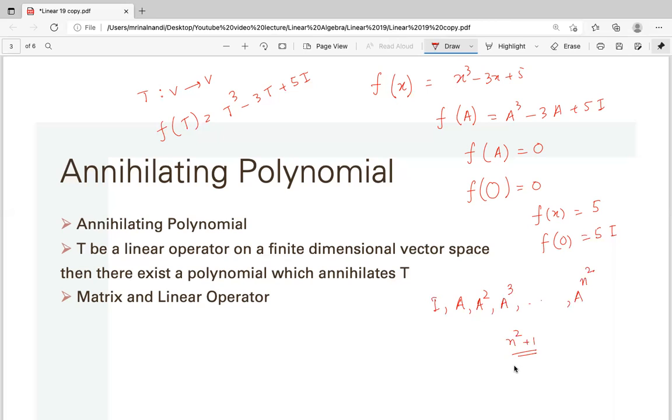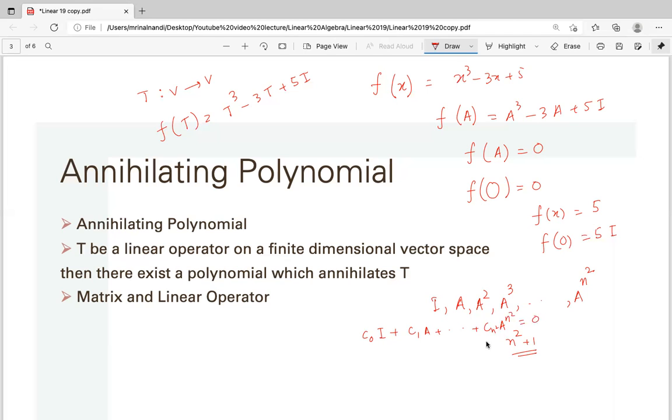This set is dependent. That means there are some constants c0, c1, up to c n square, such that c0 I plus c1 A plus and so on up to c n square A to the n square